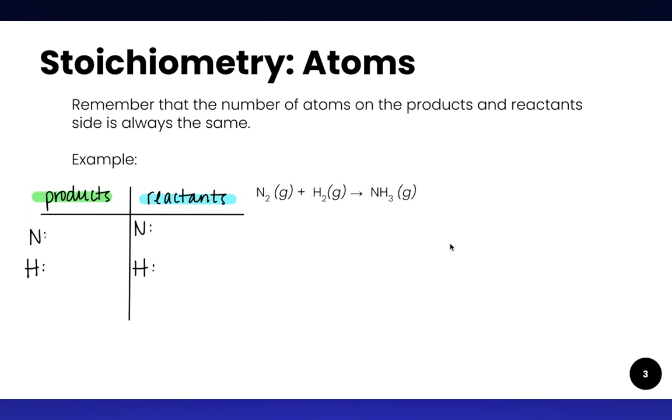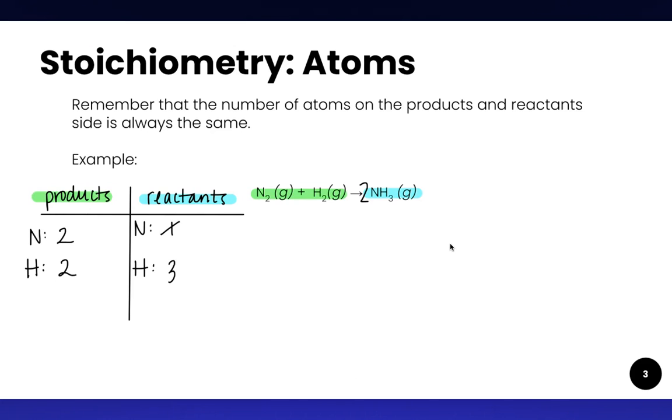So the first thing we're going to have to do with this chemical formula is balance it. So to begin, we have 2 nitrogen, 2 hydrogen, and on the right, we end up with only 1 nitrogen and 3 hydrogen. So let's balance our nitrogens first. If we put a 2 in front of ammonia,